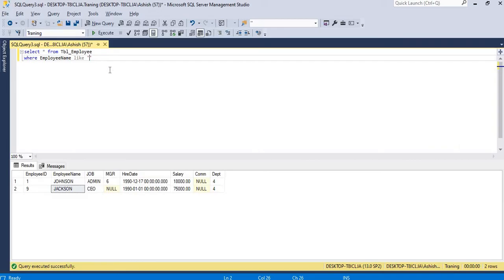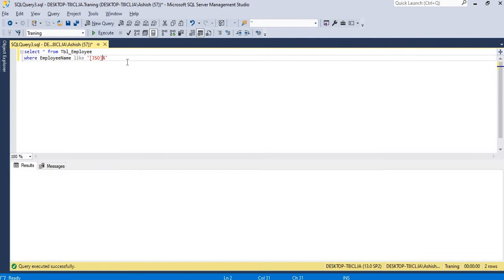What the bracket does is, if you write anything inside the bracket, I'll say JSO, it will be used as one character only. So anything which matches from these 3 characters, whether it is J, S, or O, this will display the record.